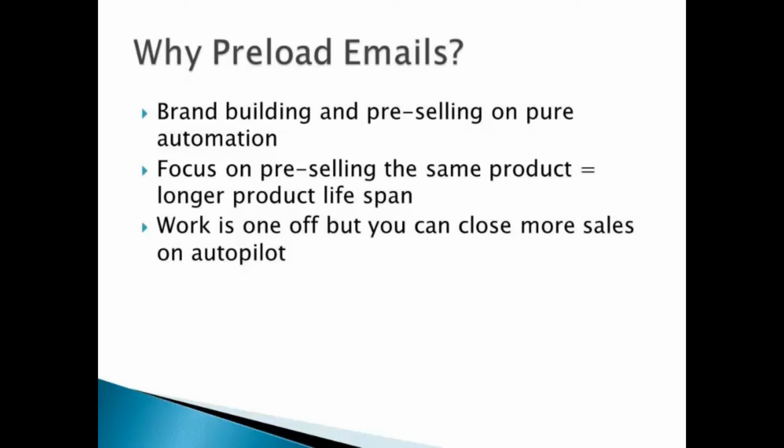You will not even be able to go away for a week if you have to send out time-sensitive emails or risk letting your list grow cold and die. A lot of autoresponders have this sequential follow-up feature, but a lot of marketers aren't really utilizing them to the max. So when you make use of the automated follow-up email feature in autoresponders like GetResponse or Aweber, you can also focus on pre-selling the same product over and over again, which also equals to having a longer product lifespan, and your sales closing rate becomes higher. Your work is only one-off, which is writing the emails, and then you can close more sales on autopilot.